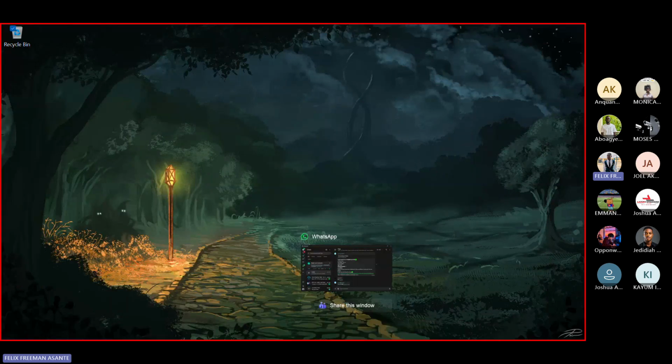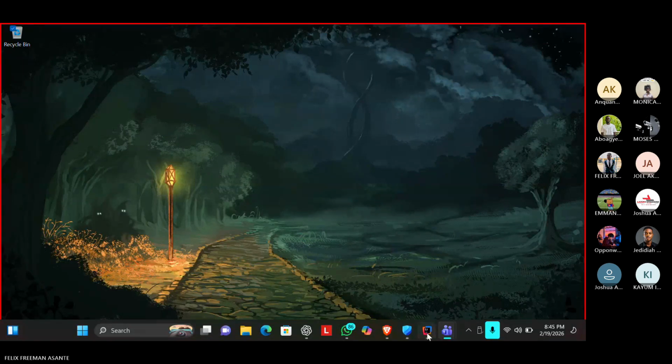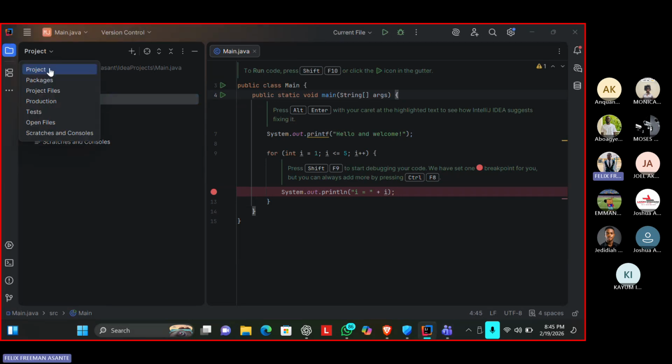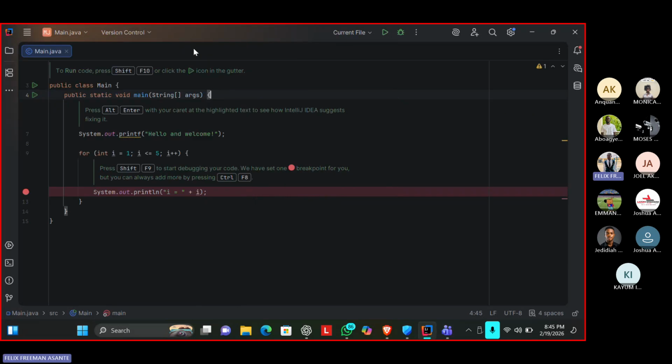Let's continue. So this is our coding environment. How did I get here? It's a very important question. In case you don't know how I got here, upon